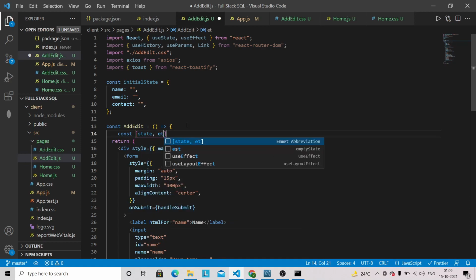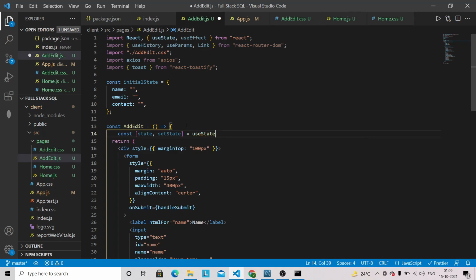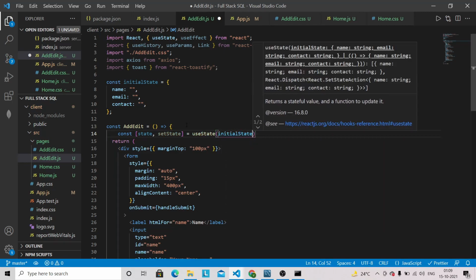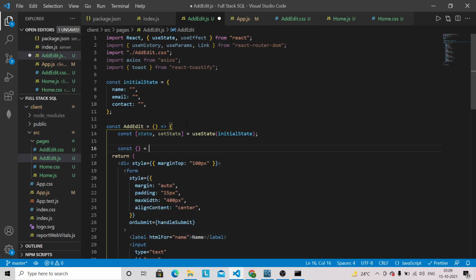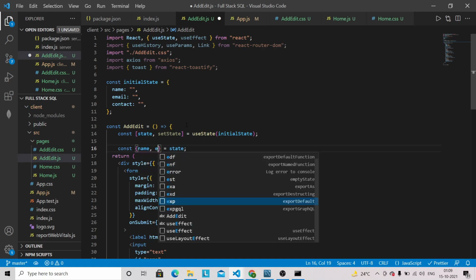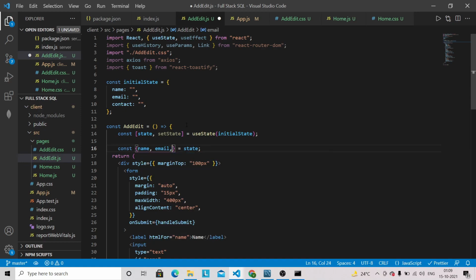So we can use useState, and we can pass this initial state, and then we can destructure name, email and contact from the state, so that we don't have to write state.name, state.email or state.contact.